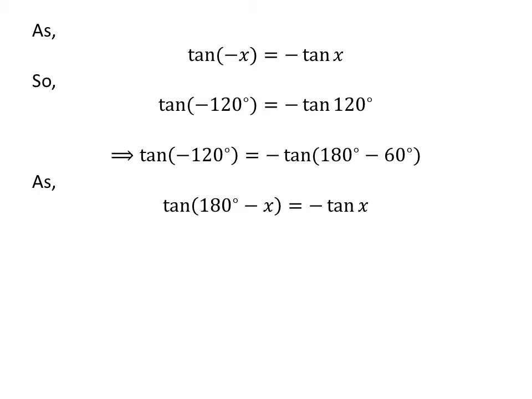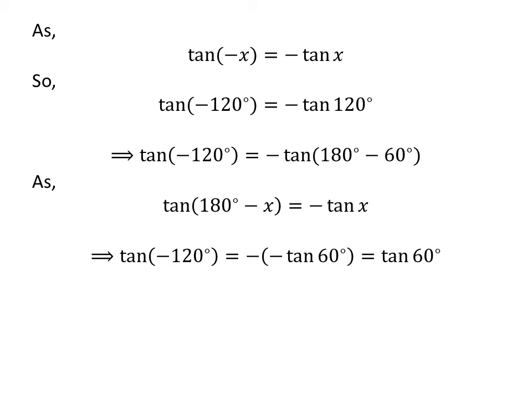As we know, the trigonometry identity tangent of 180 degree minus x is equal to minus tangent of x. The video explaining how to derive this identity is appearing in the upper right corner. Also, the URL address of the video has been mentioned in the description section. Let us apply the above identity for tangent of 180 degree minus 60 degree. Here x is 60 degree.